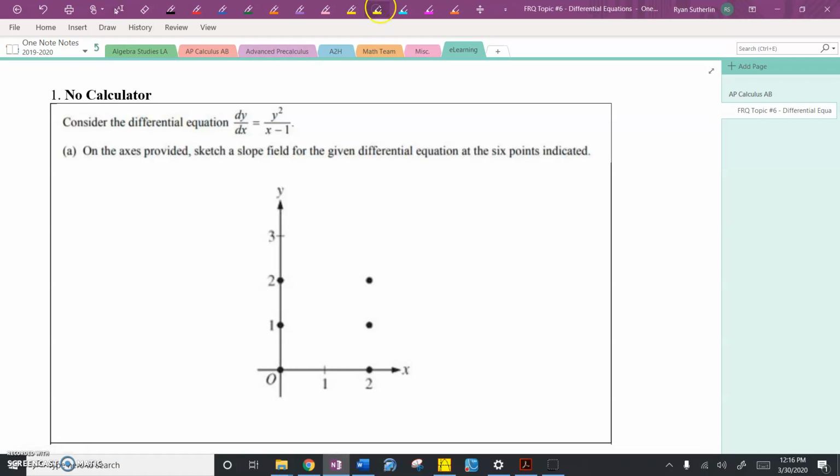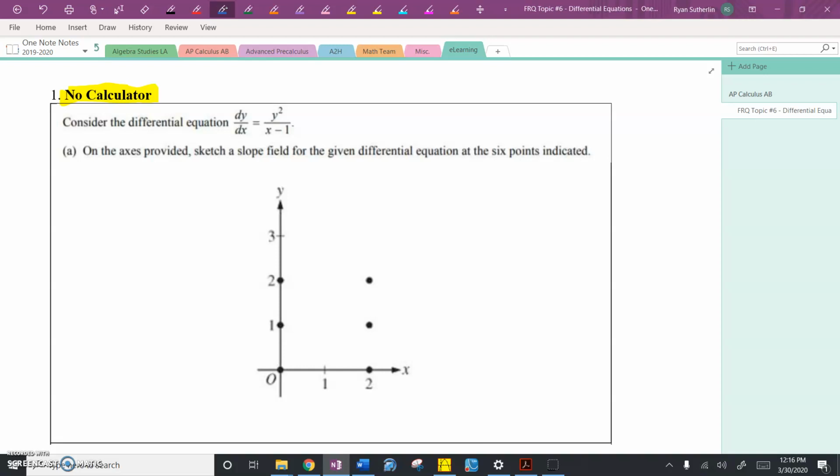Each question will tell you at the top whether it is a calculator or no calculator question. So you have that. And each question would be scored as a typical free response with 9 points. So the first question we have, it says, consider the following differential equation. And it says on the axis provided, sketch a slope field for the given differential equation at the 6 points